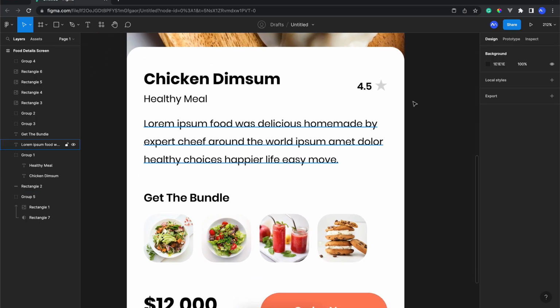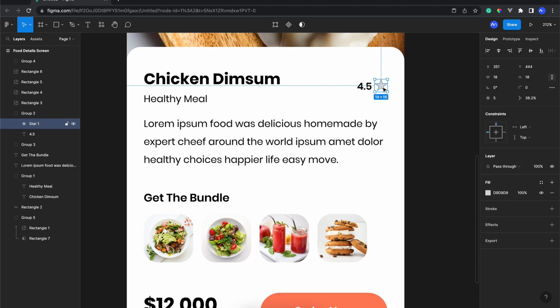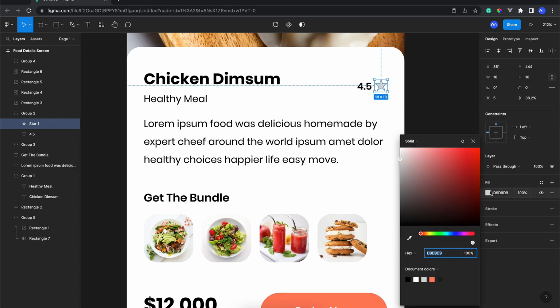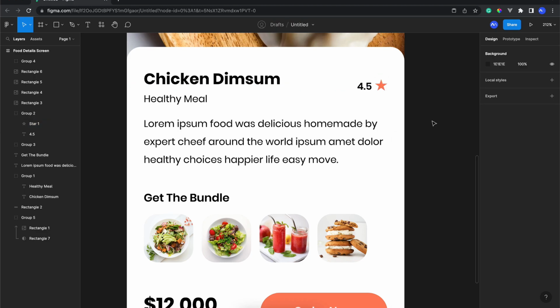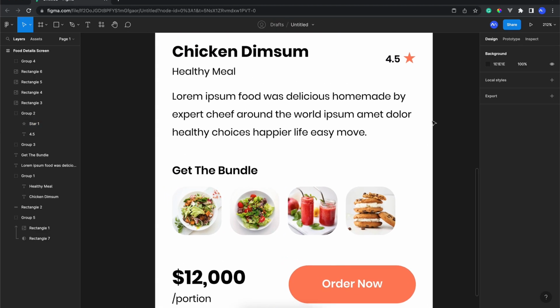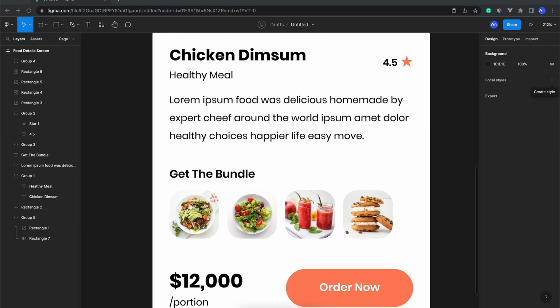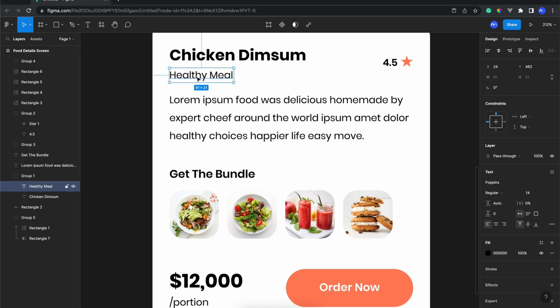So for this star icon, we need to change the color to this orange. Okay, and for this secondary text, or maybe we call it subline, this is for the header and this is for the text line or subline or tagline, okay, whatever.